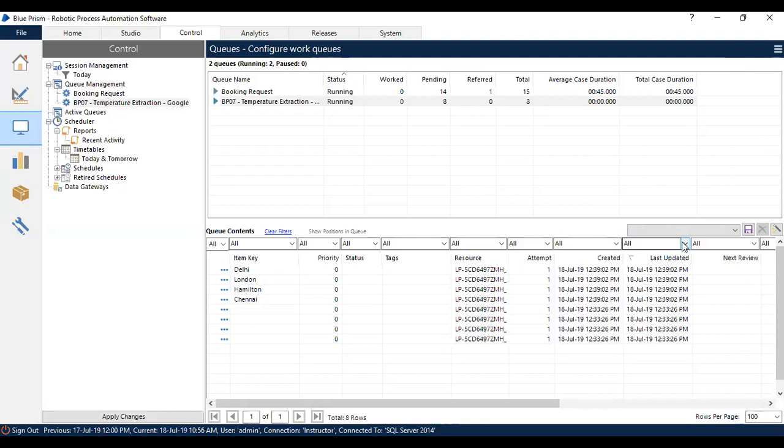After that, go to the process and use the action stage to add the items into the work queue. And next, you can use queue management in the control room to monitor the queue which we have recently created, so that it will have a list of details for each and every transaction performed by the bot.